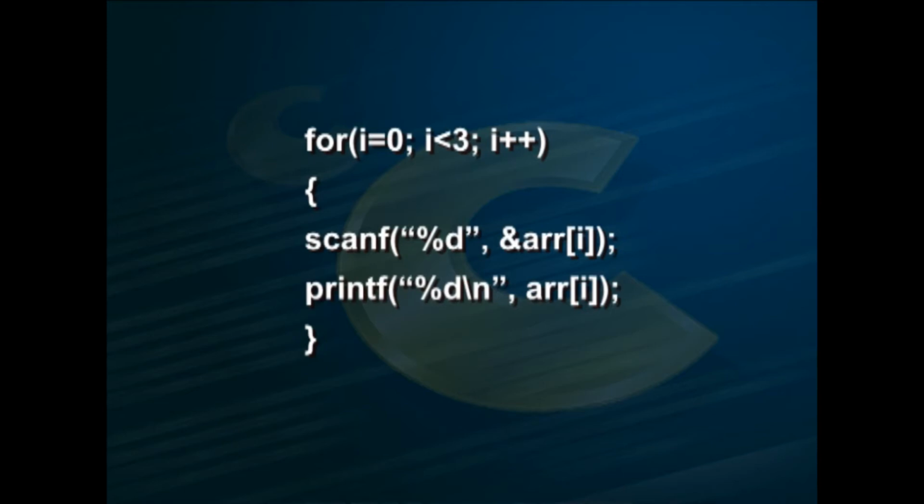For example, for (i = 0; i < 3; i++) scanf("%d", &ARR[i]); printf("%d", ARR[i]). It may be noted that within the loop, the variable i is initialized as 0 to start the subscript at 0. After reading the array, the elements can be accessed in any order and can be used in the same way as scalar variables. Let us write a program to read an array and print it in the reverse order.